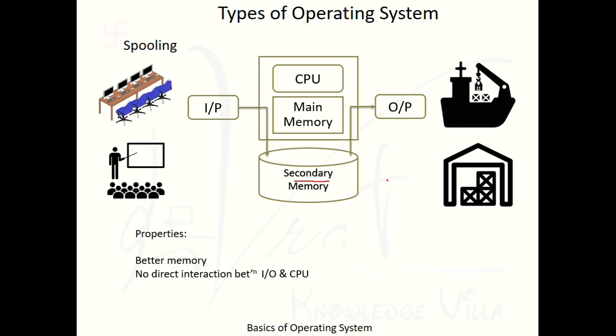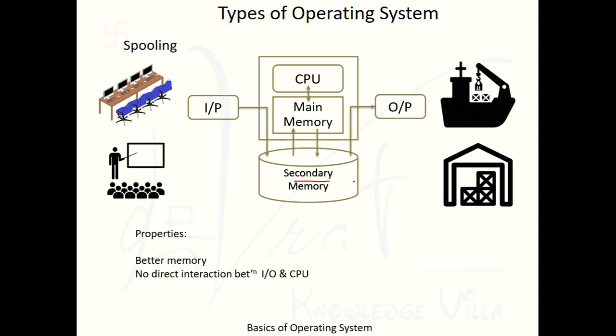Now let's see what the CPU is doing. Whenever the CPU is allocated to any process for execution, or the CPU wants to execute any process, the CPU will bring that data from the main memory. And from where does the data arrive in the main memory? Definitely from the secondary memory. Main memory will ask for that data from the secondary memory, and after completion of execution, main memory will return the output to the secondary memory.